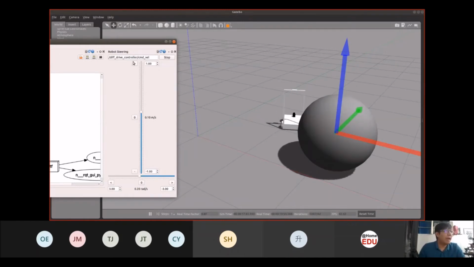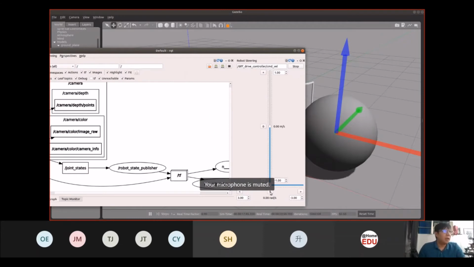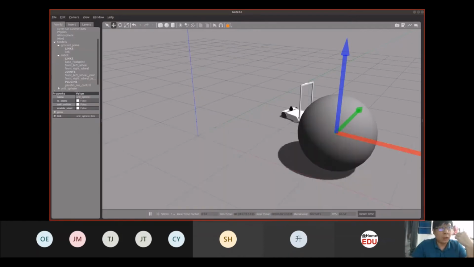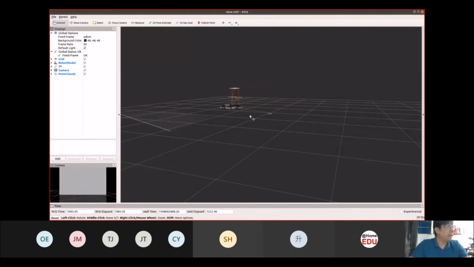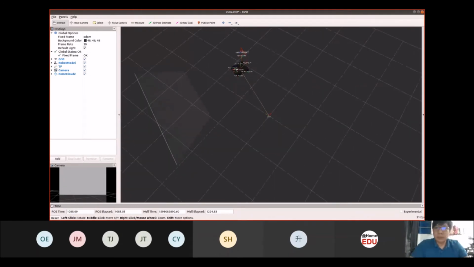Now, once you have these few things set up, you actually have what we call a basic setup for simulation. You can use this simulated environment with most of the examples that are available out there for ROS, because with this itself, what you have is actually a functioning robot.